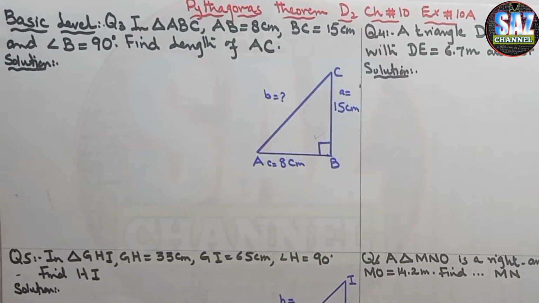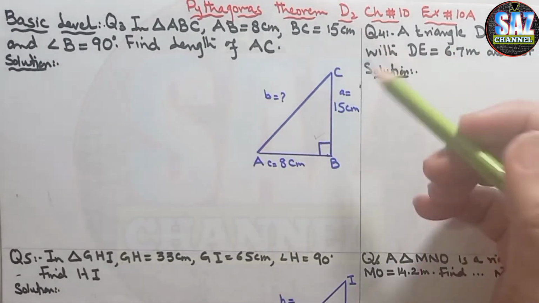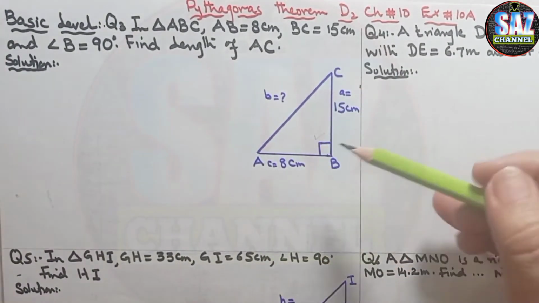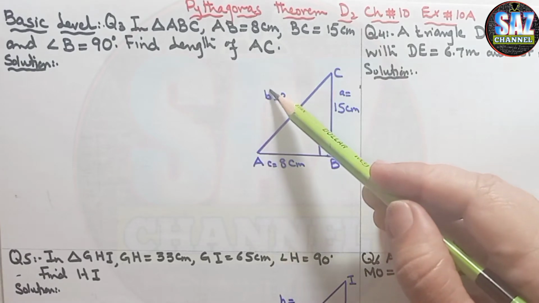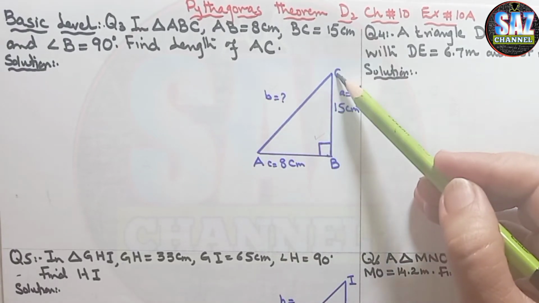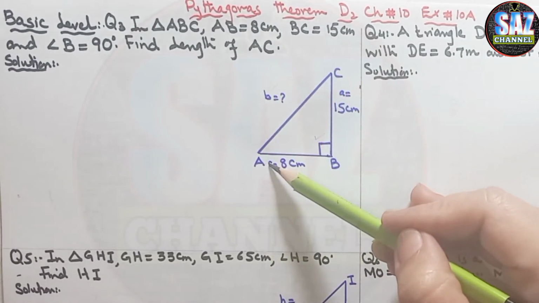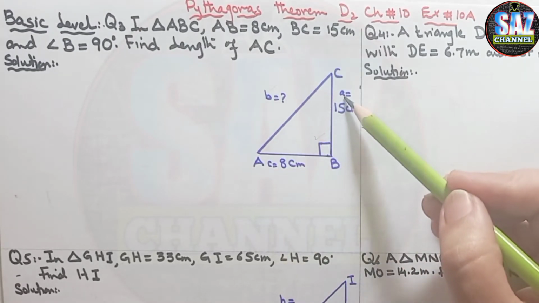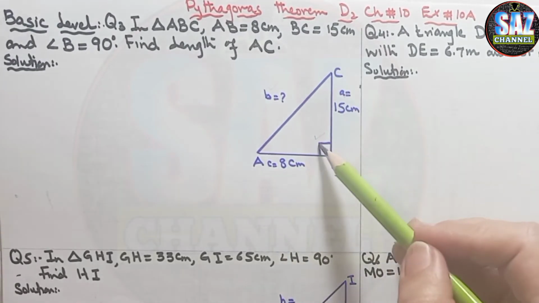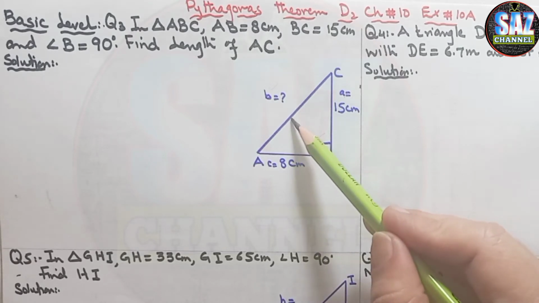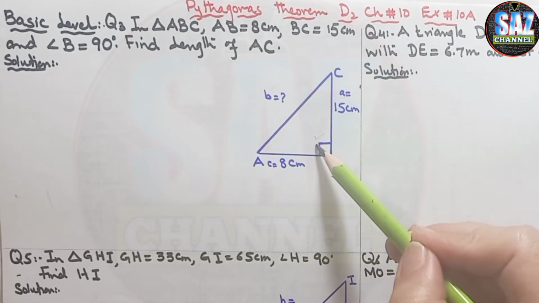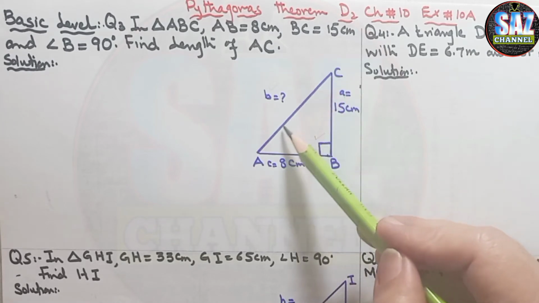And now I hope you are clear that opposite lengths will be marked with small letters. Like this is vertex B, so its length will be small b. This is vertex C, its opposite length will be c, and this is A. Now, with the reference of 90 degree angle, b is the hypotenuse of this question, which is the requirement of the question as well.